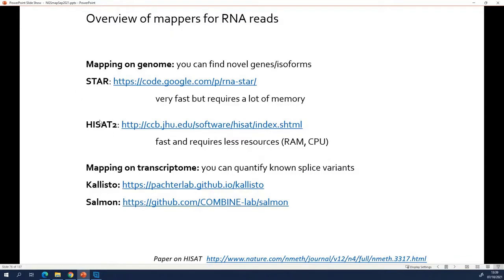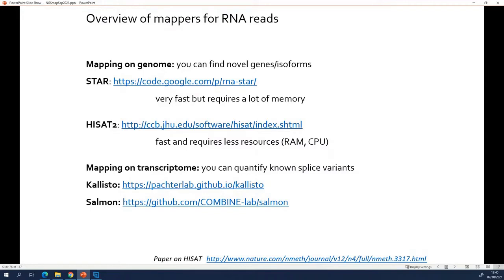So if you're really interested in looking at which isoforms are in this set of conditions and which isoforms are used in that set of conditions, then you're better off doing this. Note again, you will not find isoforms that have not been annotated. Okay, and the two tools here, Kallisto and Salmon, how are they different? Well, almost not. They are very, very alike. So typically, depending on what you want, you choose one of these two methods, and then which of the two tools you use is not really relevant because they generate more or less the same output.